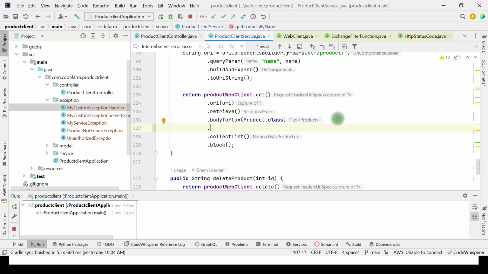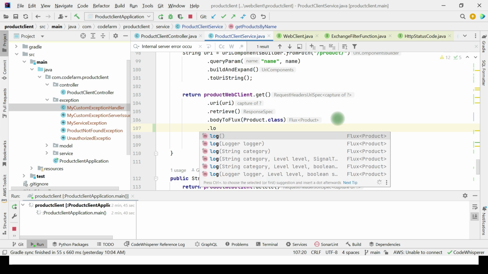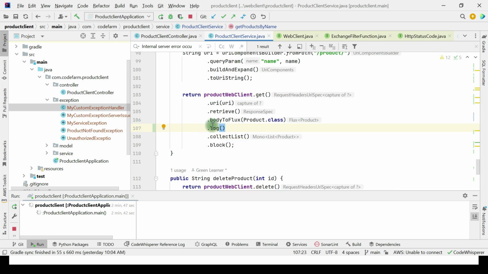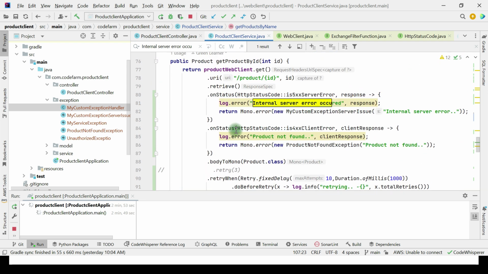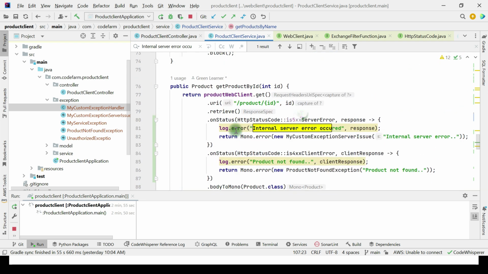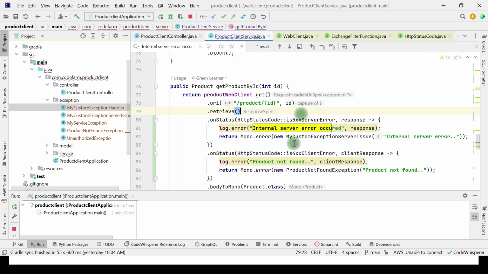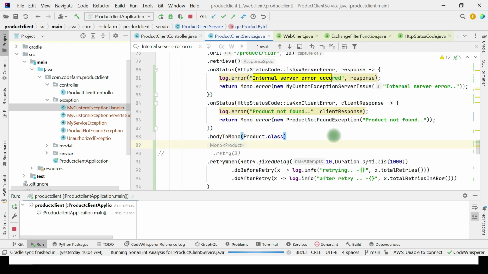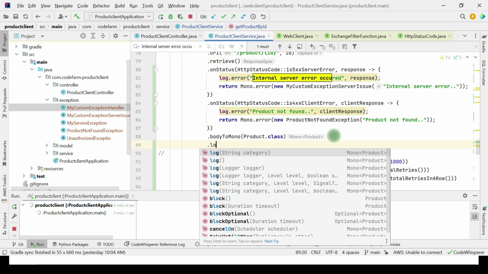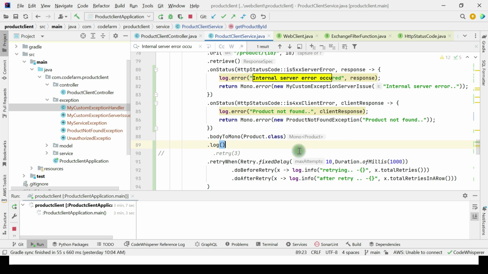Body to flux is there. Inside that there is this method log. It is a pretty one-liner, but it will add a lot of things in here. Okay, so let me add this in the get by id as well. Dot log, not in here, after this body to mono, I believe it is there. Yeah, it is there. So if you see the documentation of this, what it says,